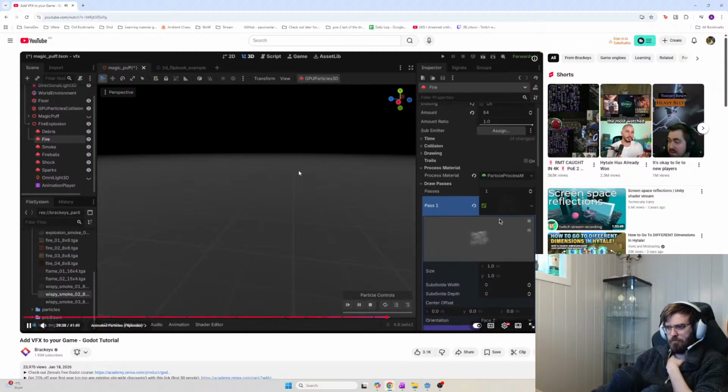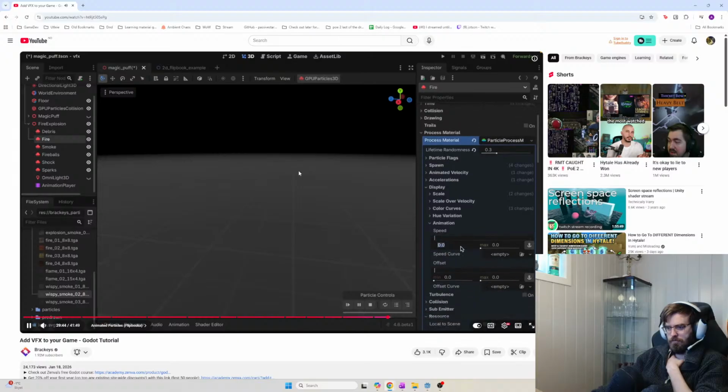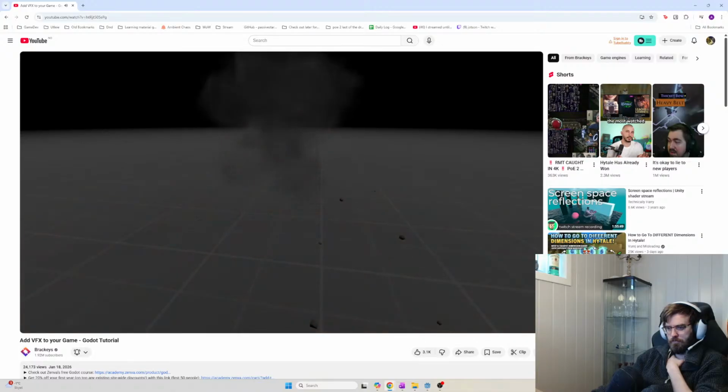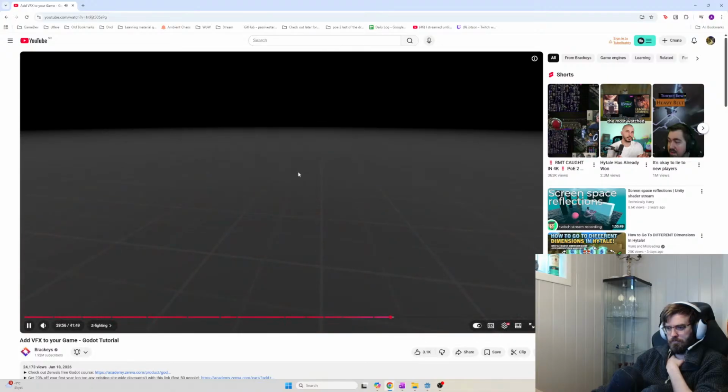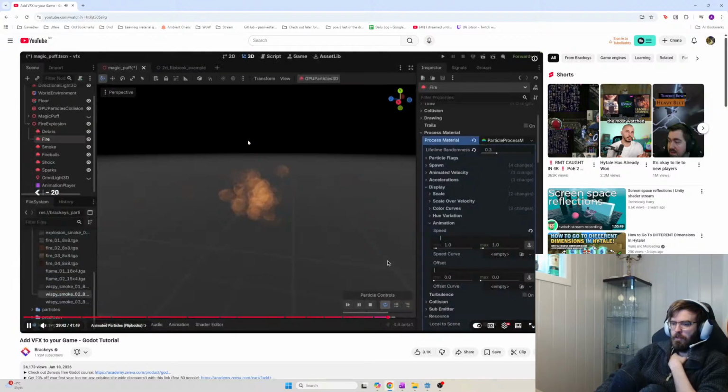This is done in the process material under display animation. If we set the speed to 1, the animation will play through once during the particle's lifetime. And immediately we can see the life that this can add to our particles. And here is the same explosion, but using a sprite sheet for the smoke layer as well. Now sometimes when you're using multiple particle systems with transparent materials like I'm doing here,